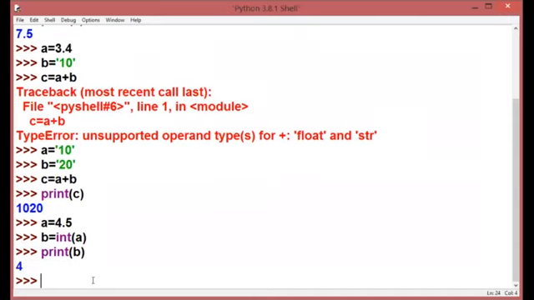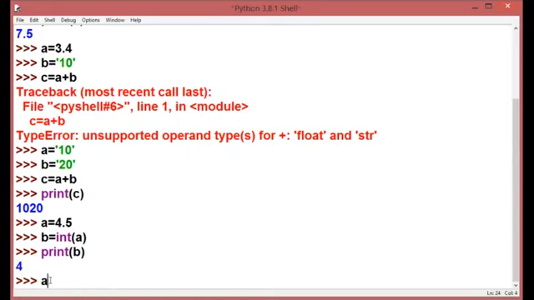So now it is going to give me the result as an integer value. 4 is a whole number, which is known as an integer value in Python, and 4.5 is a number with a fraction. And once I have converted this float number into an integer, what happened? The fractional part is discarded. So in this way, we convert a float value into an integer. Now the bigger number can be cut short into the smaller one.